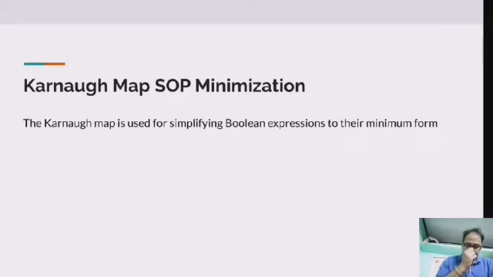So what is the need of minimizing this Boolean expression? By minimizing these expressions with the help of K-maps, whenever we have to realize these expressions with the help of gates, it will require a lesser number of gates when we have a minimized expression. So what is the aim here? We have to get